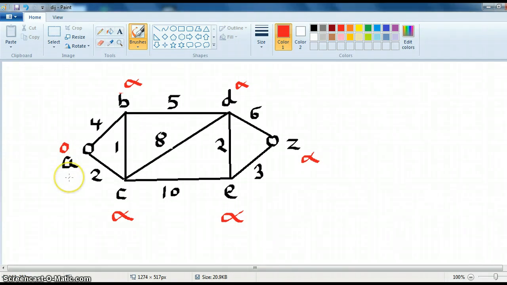calculating from A. Now we will check the neighbor vertices of A. The neighbor vertices of A are B and C. So now we'll check for the shortest one. Now we'll update the cost. The cost of A is 0 and the cost of C is infinity, and the cost between A and C is 2. So now we will calculate the minimum of